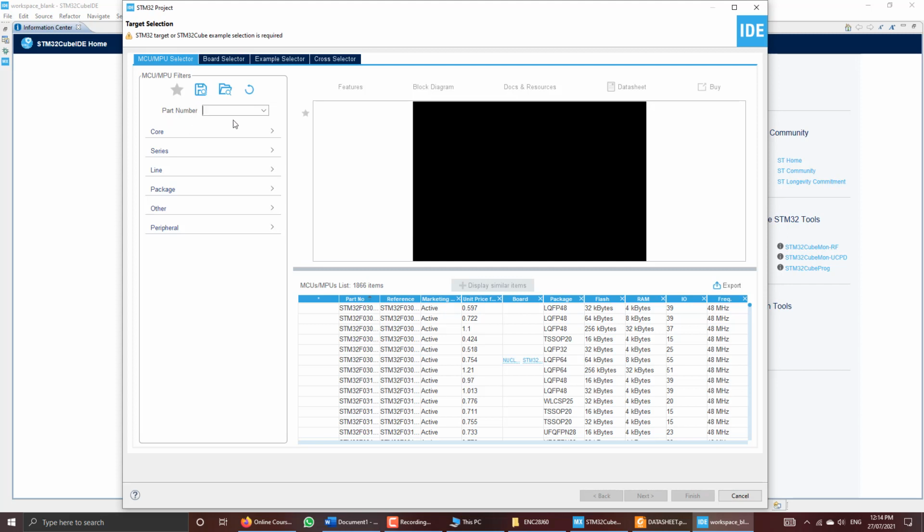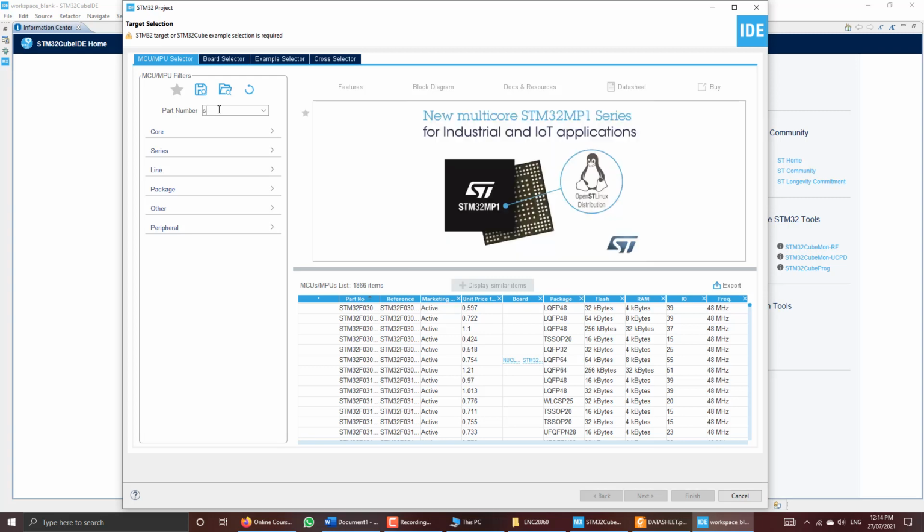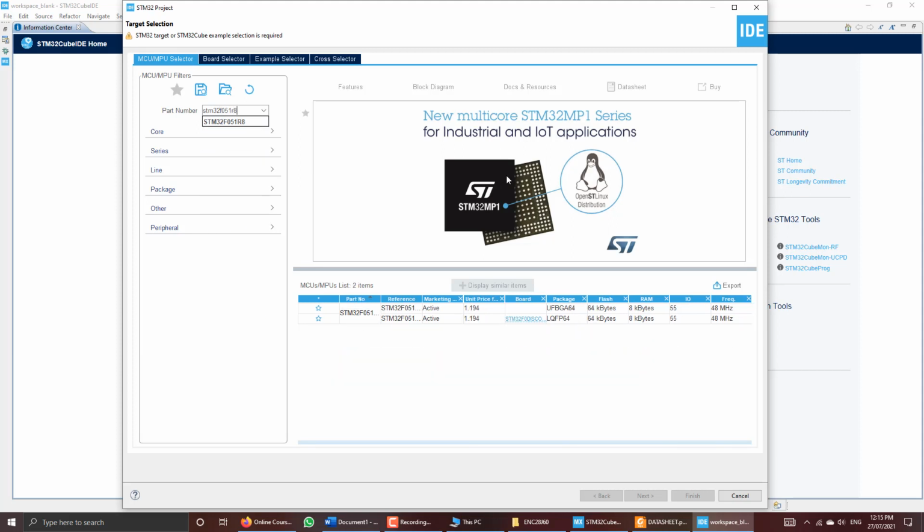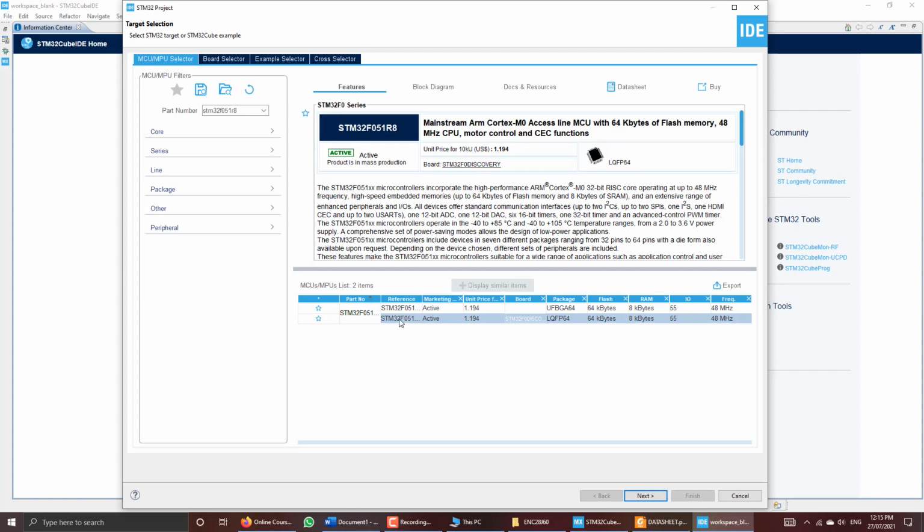Now write down the name of the STM32 microcontroller. Now we are using STM32F051R8. This IC we are using. So double click. It is an LQFP64 package, a 64 pin IC that is used in the STM32F4 discovery board.